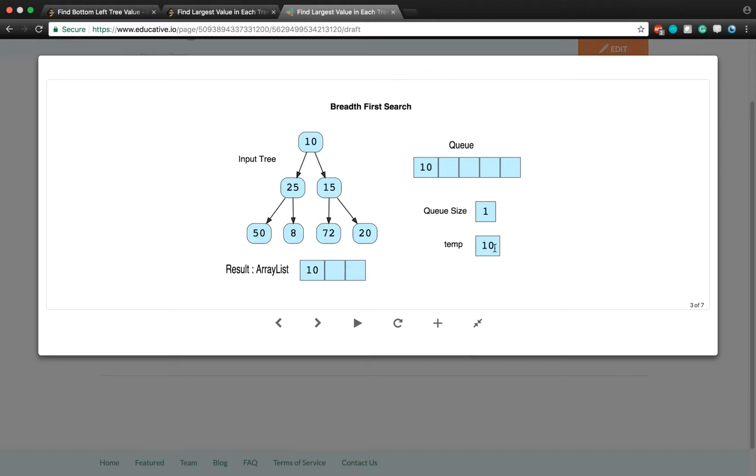Now what we do is we traverse the queue till we reach the queue size, and see if there is any element greater than the temporary variable. In this case, the queue size is 1 and the temporary variable is 10. So 10 is equal to 10, so we don't have to change anything here,